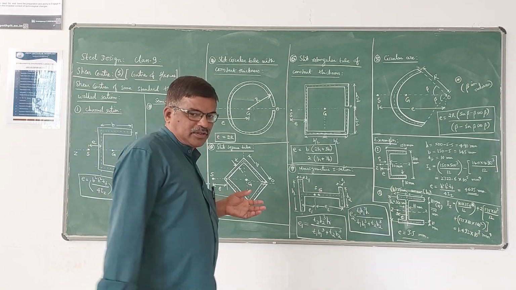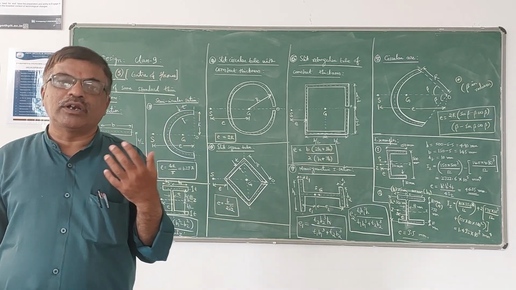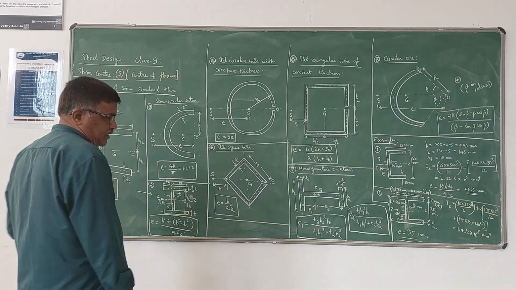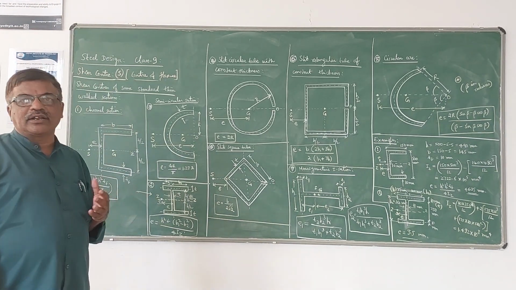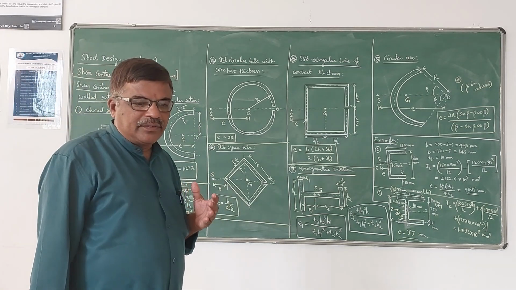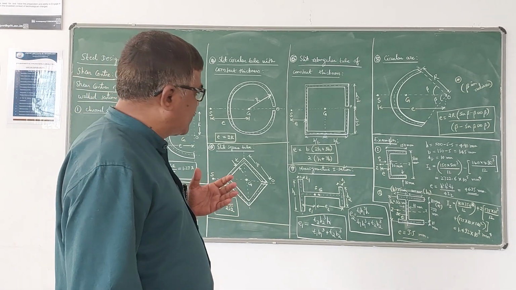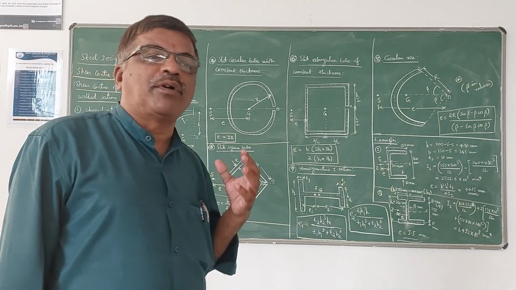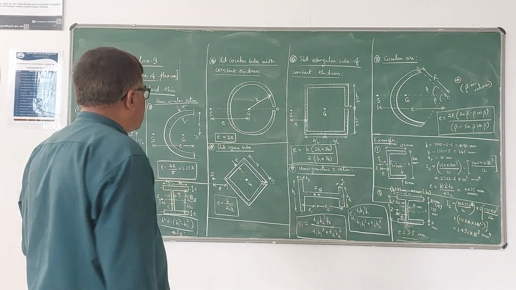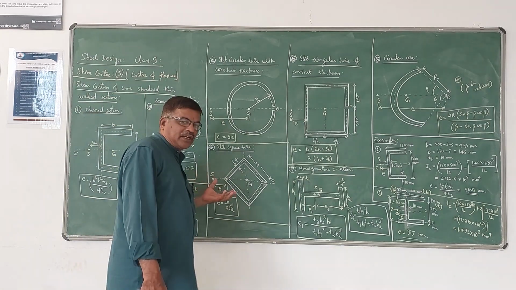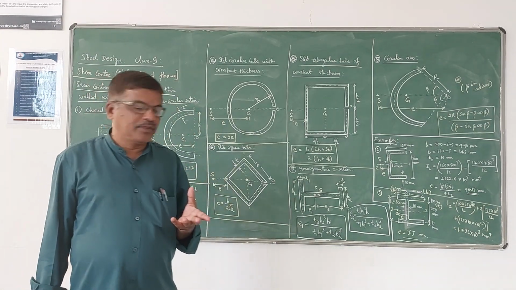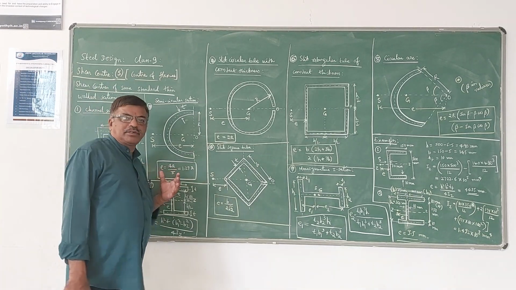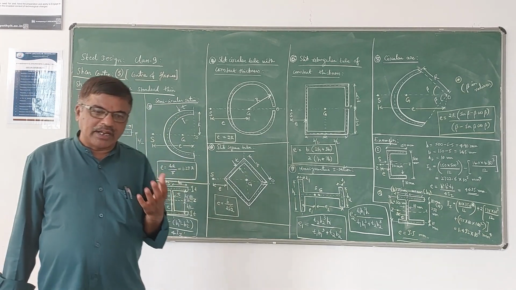will be nullified. So the member will be subjected to only bending, or simple bending, or pure bending. So that is the advantage. If you locate the shear center of any section, then if you adjust the load so that the resultant or the shear force passes through the shear center, then the effect of twisting will not be there. In the case of unrestrained beams, normally it is subjected to torsional buckling and